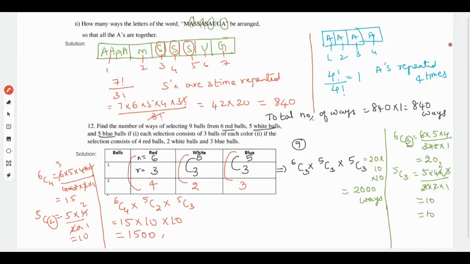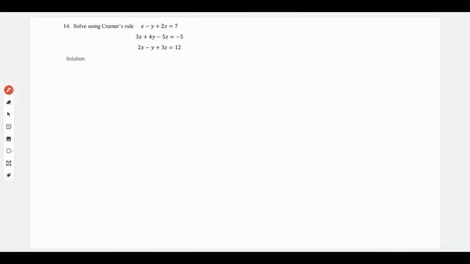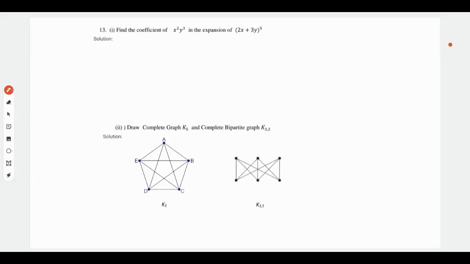1500. So there are 500 ways. So yeah, moving with the next question. We have: find the coefficient of x squared y cubed in the expansion. So here we know the general formula for